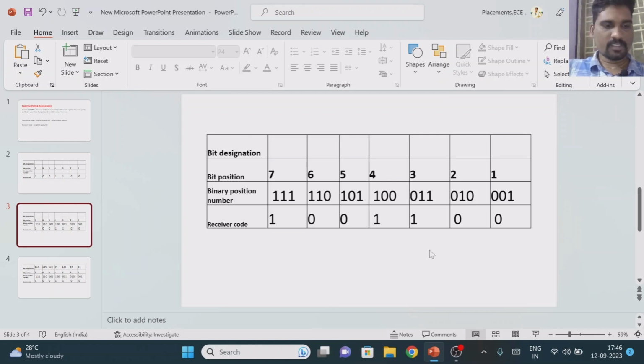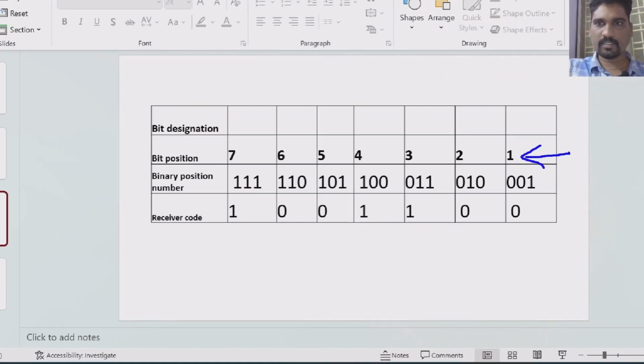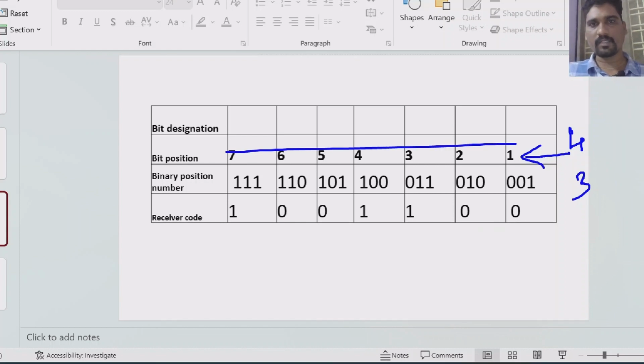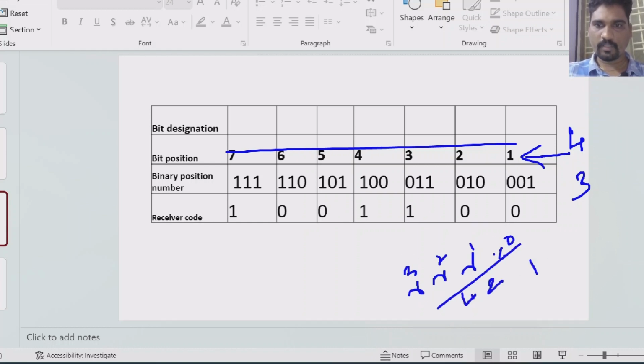Now out of these 7 bits, 4 bits are message bits and the remaining 3 bits are parity bits. We need to identify at which locations we place the parity bits and at which locations we place the message bits. We have the formula for the parity bit locations: 2 power 0, 2 power 1, 2 power 2, the binary representation, which means 1, 2, 4, 8 for the binary number system. These are the locations where we place the parity bits.